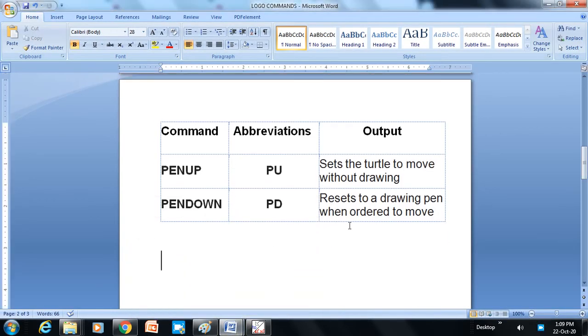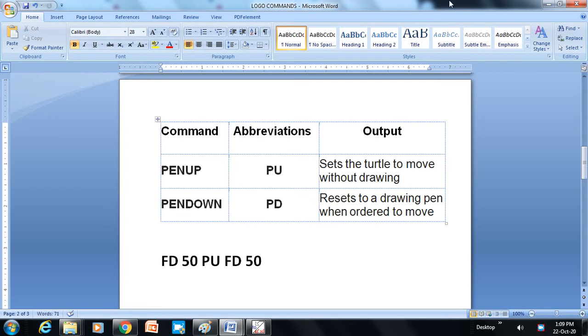So let's understand how we can give this command. If you want to create that type of shape, you need to give the command like this: FD 50. With the FD 50 command, the turtle will move 50 points forward. Now we need some blank space. For blank space we need to give the command PU, pen up. Now again FD 50.